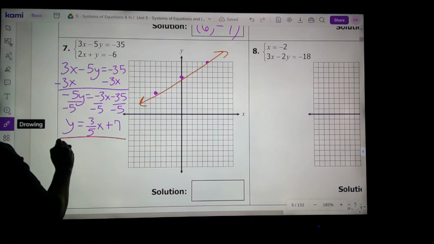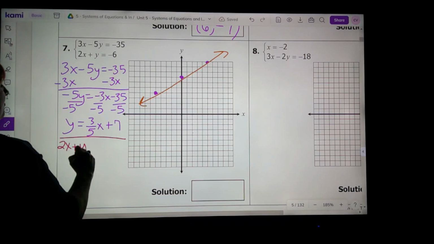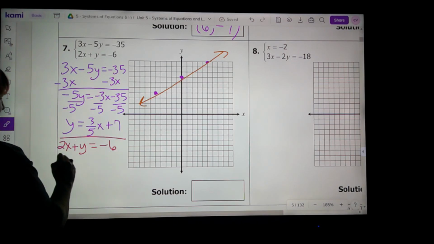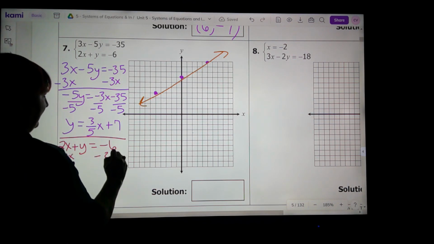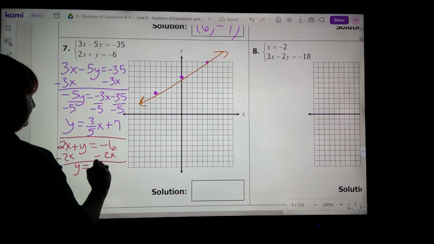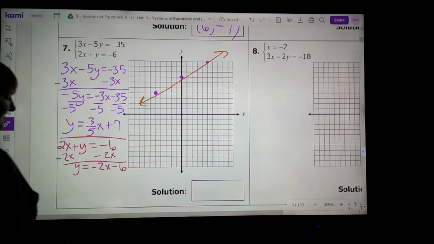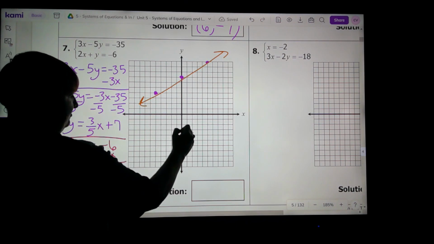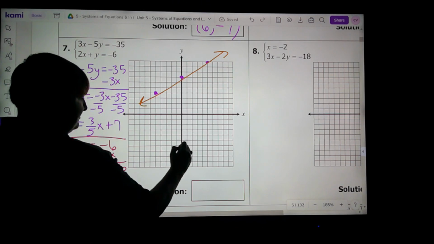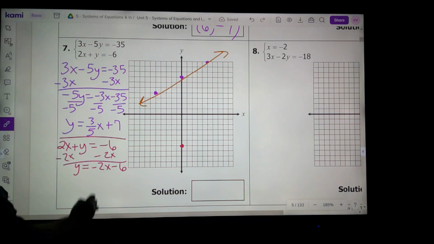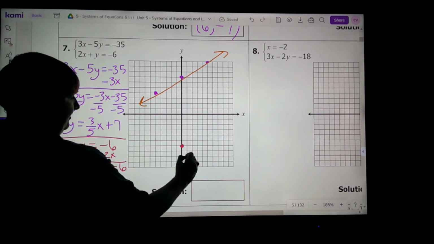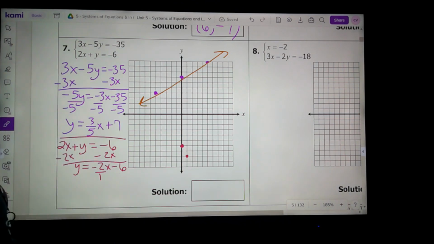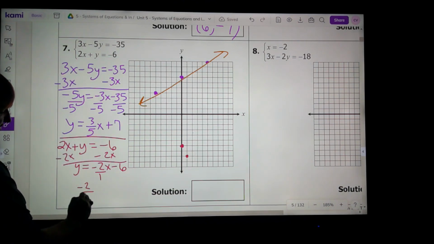Alright, other one. 2x plus y equals a negative 6. Subtract 2x from both sides. Y equals a negative 2x minus 6. So we're going to go down 6. 1, 2, 3, 4, 5, 6 on the y-axis. And then we're going to go down 2, right 1. But that's not going to take us in the right direction. So again, all you have to do to create an equivalent